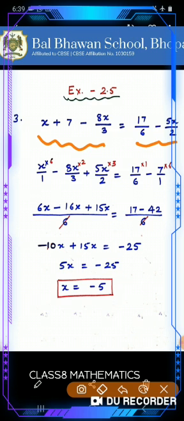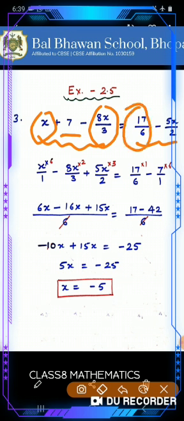On the left hand side, the first and third terms are variable terms, and plus 7 is a constant term. Just like this, on the right hand side, 17 upon 6 is a constant term and minus 5x upon 2 is